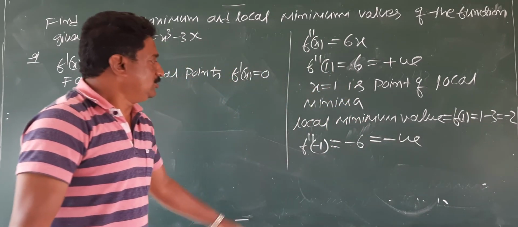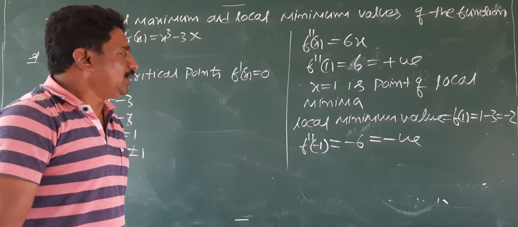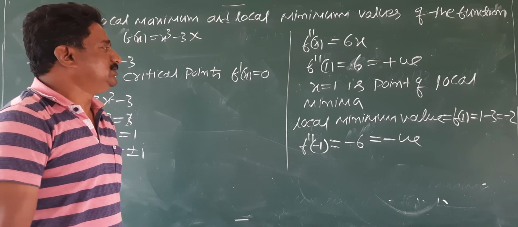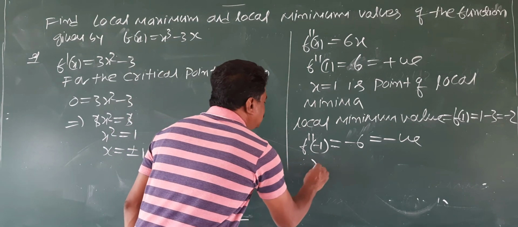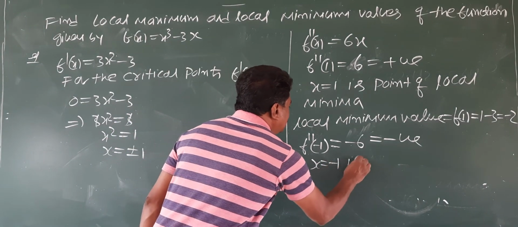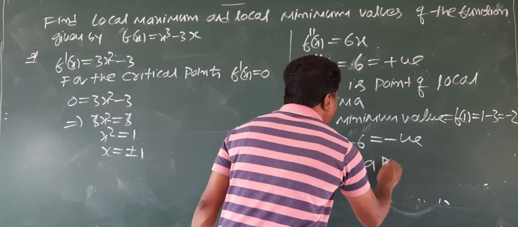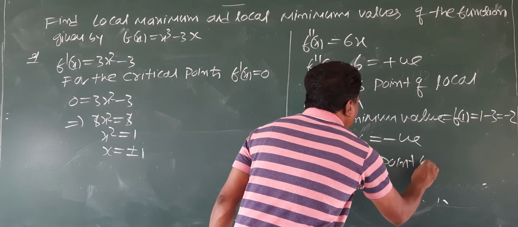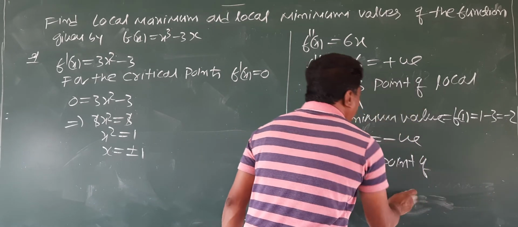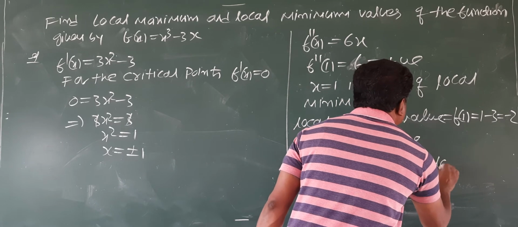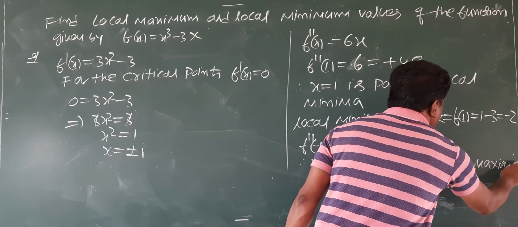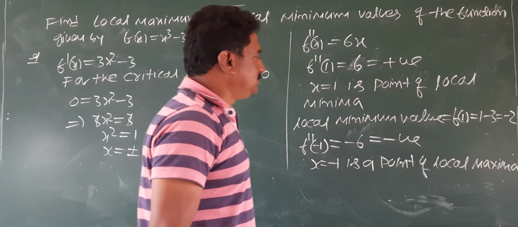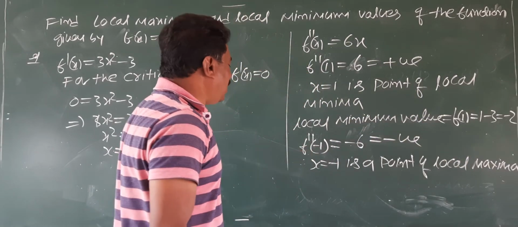Negative means the point should be a local maximum point. Therefore, x equals minus 1 is a point of local maxima. To find the maximum value: